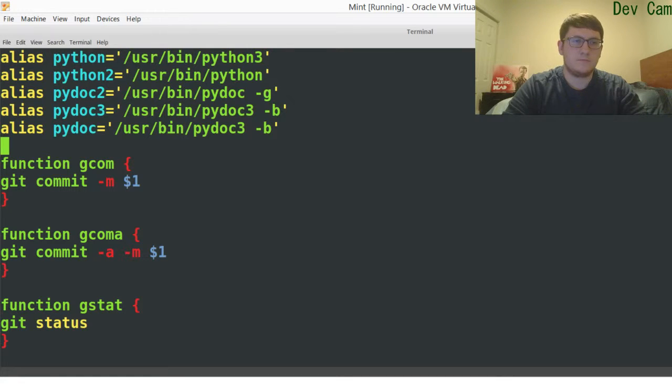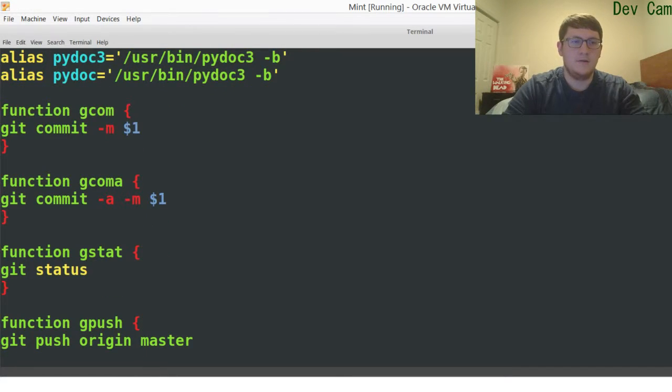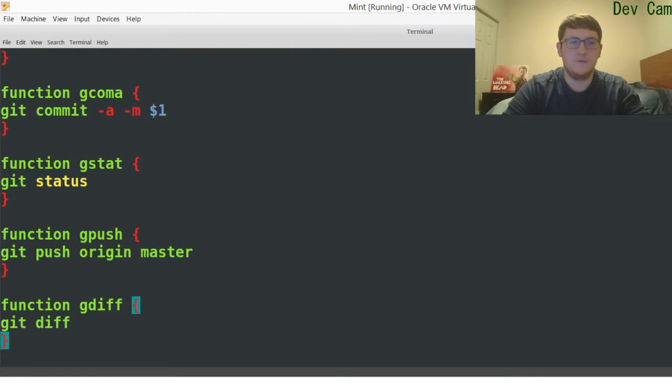So it's the same thing as writing this line myself, git commit -m, and then whatever I want my message to be, and then gstat is git status,